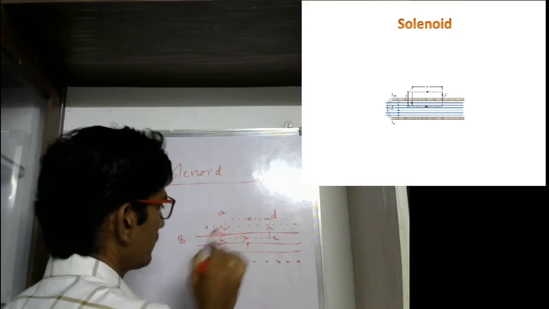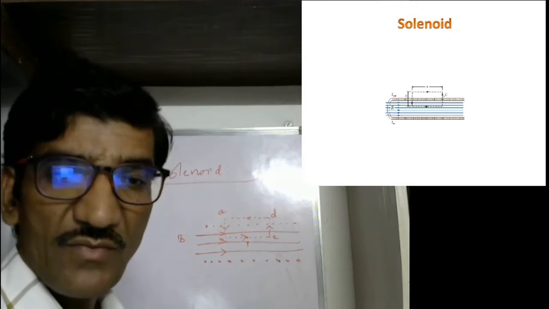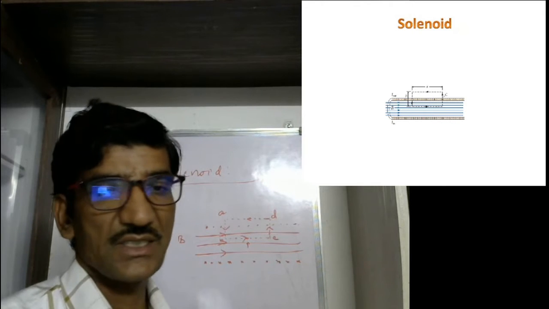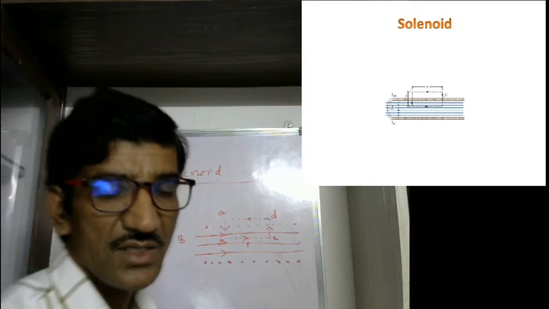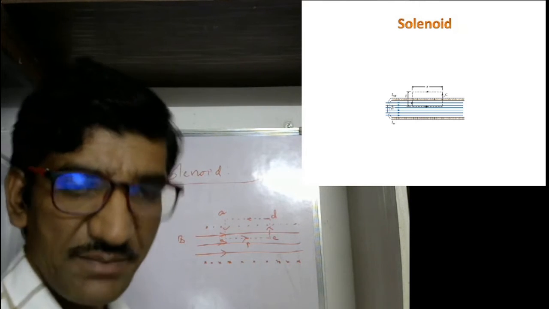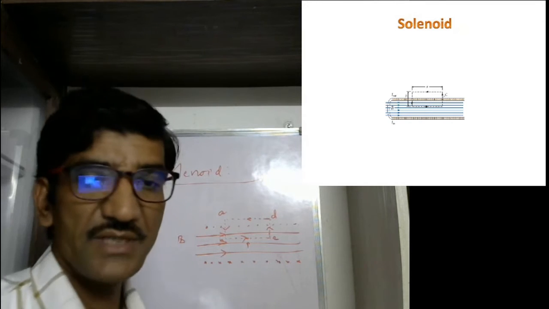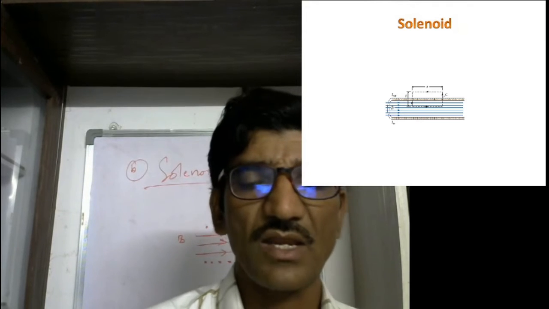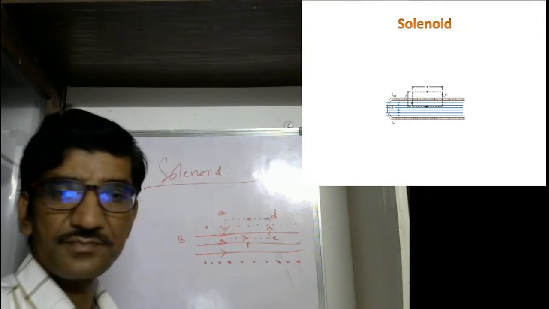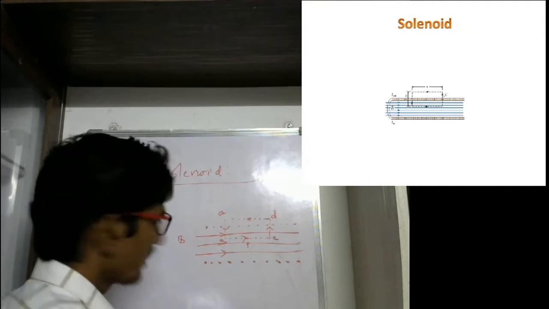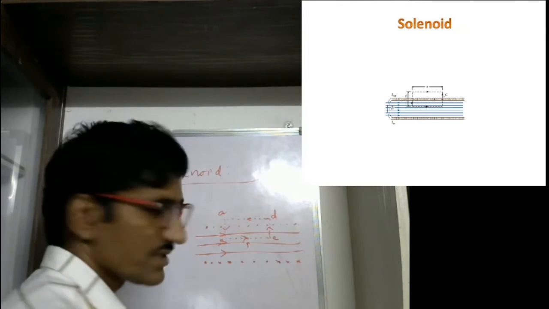You want to perform the line integral along this dotted line. We have to choose a closed curve, not a closed surface. This one is a closed curve. In case of Gauss law, we imagine a Gaussian surface, a closed surface. Here it is a closed curve, because we have to calculate the line integral as a part of Ampere's law. Now, let us try to apply Ampere's law.